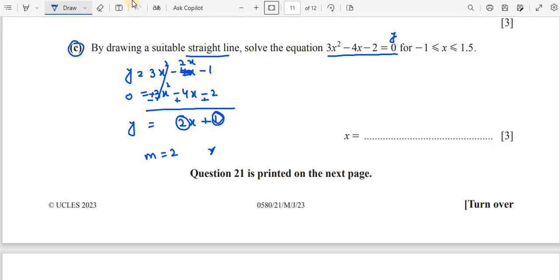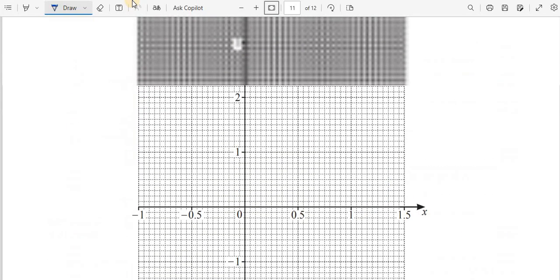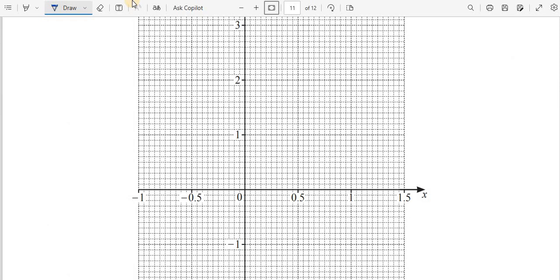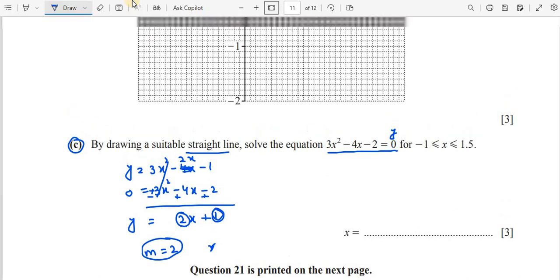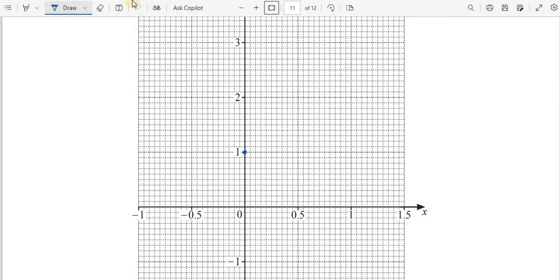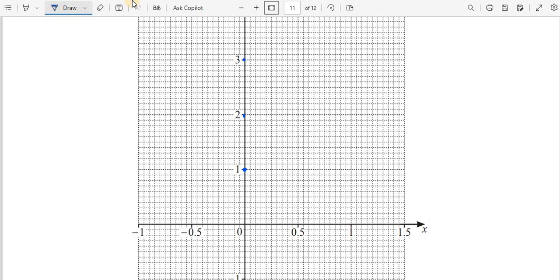So this is a 1. So x is a point, here it is 1 and m is equal to 2, which means rise 2 units. This is 1 unit and this one is 3 units. So take the point 0.5. So this is 0.5. So draw a straight line here,